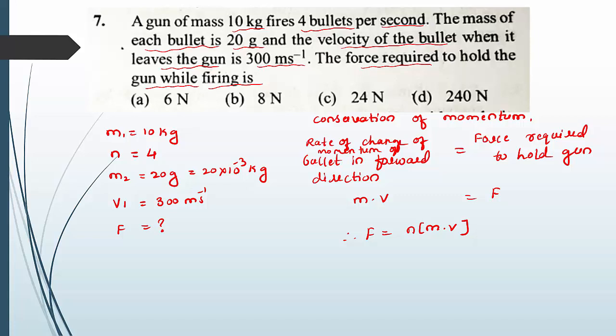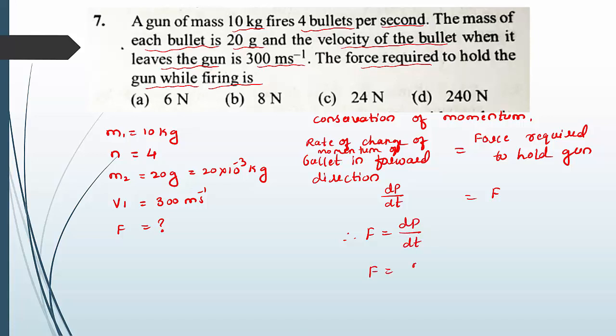So their momentum changes. This is per second, or you can write the equation as, instead of writing m into v, you can use dp divided by dt. There is no difference because you can observe the number of bullets. What is the value of dp? p means mass into velocity divided by time, which they have given. We can write this equation as F equal to dp divided by dt.